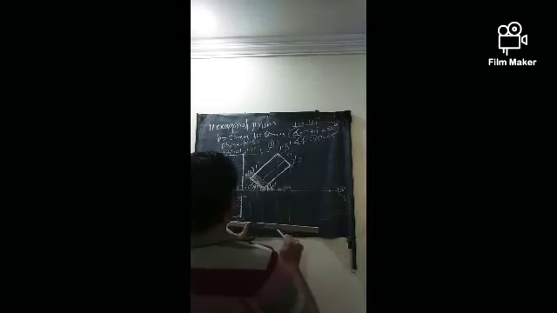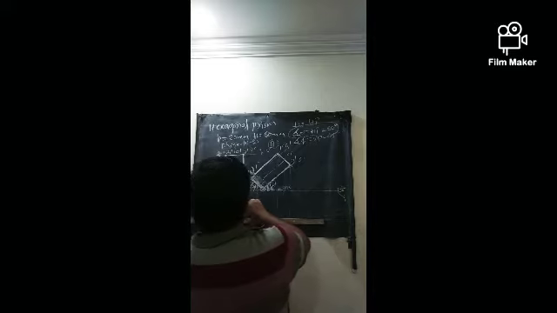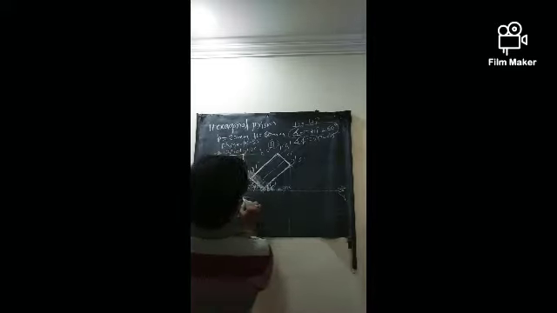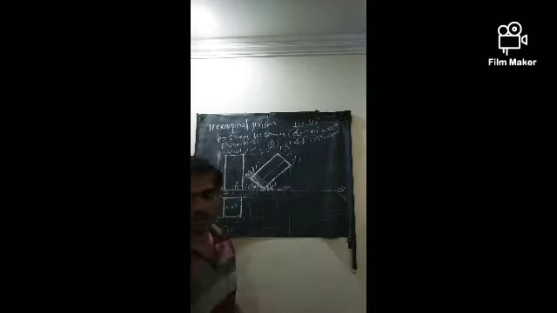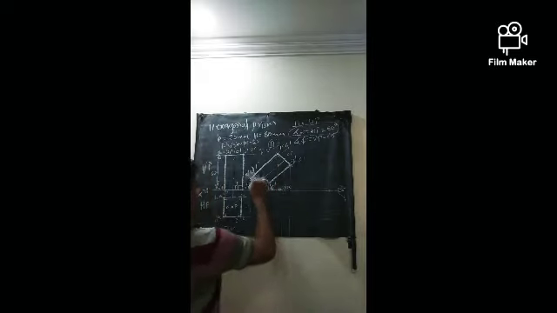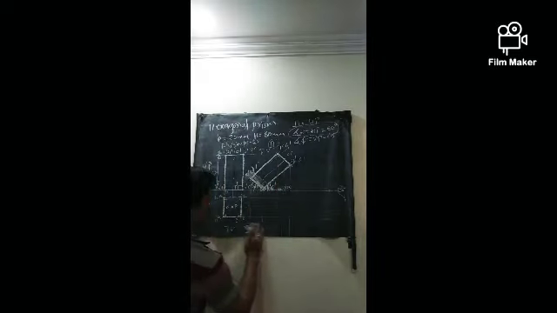Later on, we have to draw the horizontal projection lines like this. What I did, I have drawn this projection in downward direction like this. So the shape you will get will be